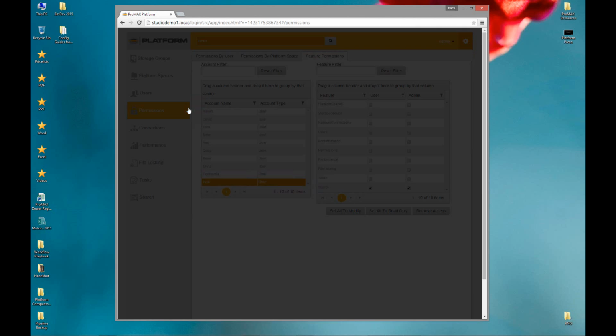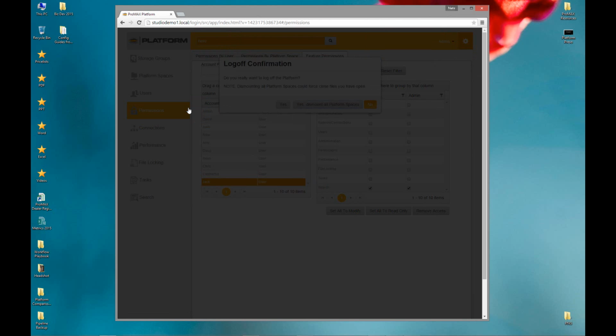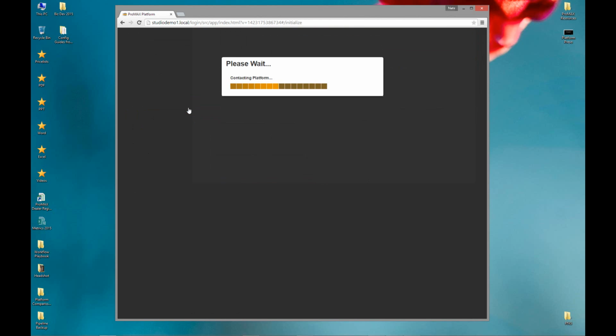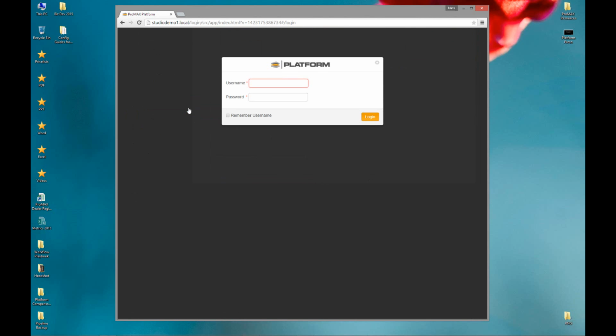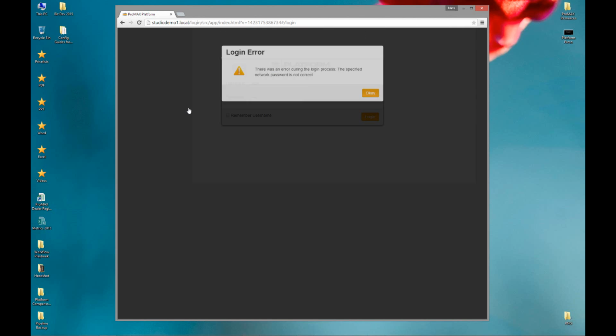But I've created this user Jack. So let's check out Jack. Jack has access to nothing except our search engine. And this is a really popular way to set up users. Why? Jack is my chief marketing officer, or the VP of production, or somebody that is just reviewing and approving videos. So I'm going to log in as Jack, and again, this is where the fact that this is based on an HTML browser is so cool,